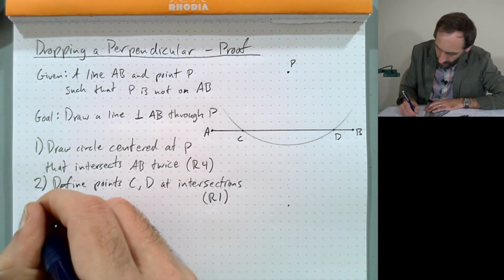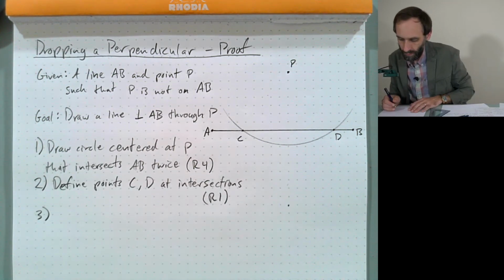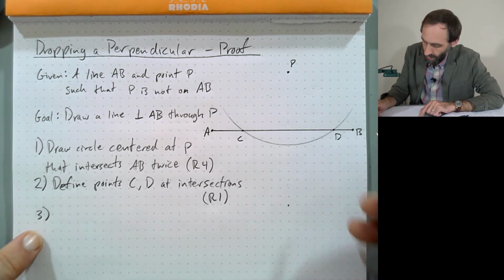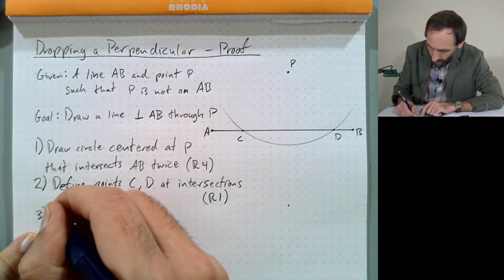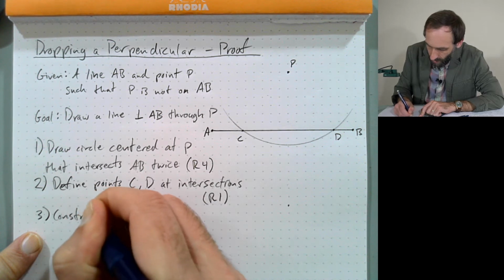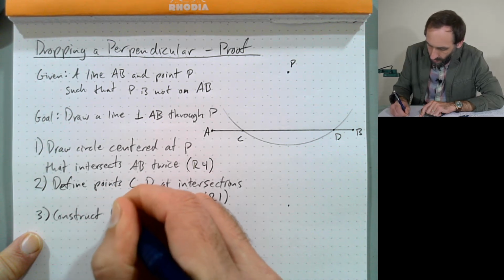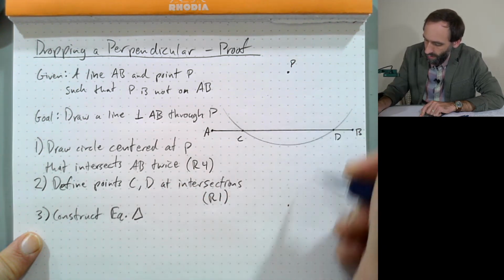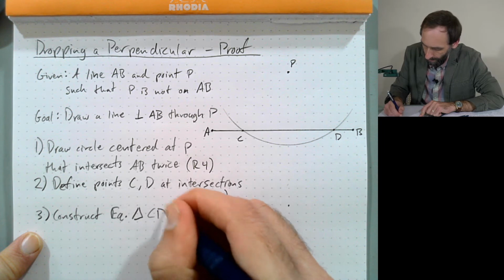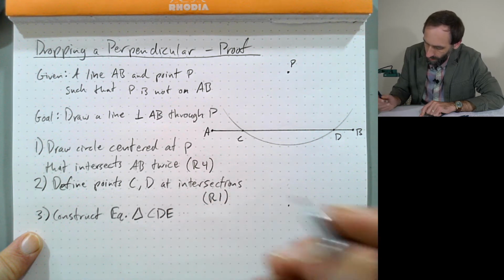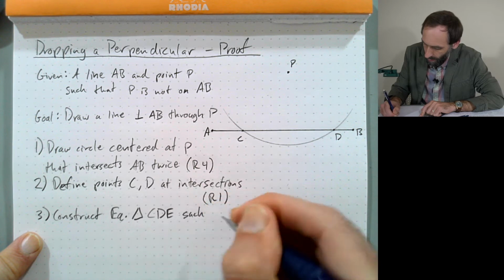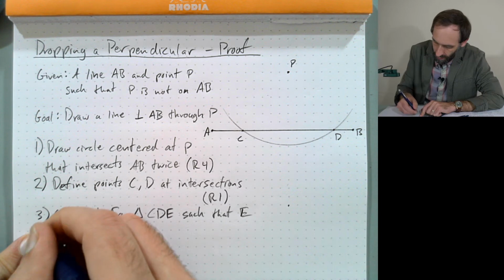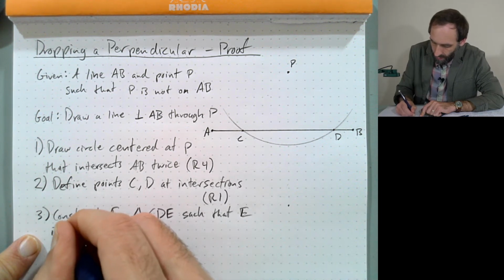All right, now step number 3. In this step, I'm going to draw an equilateral triangle on CD. So I'm going to construct equilateral triangle CDE, such that E is